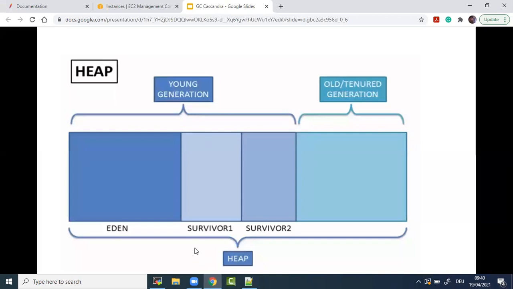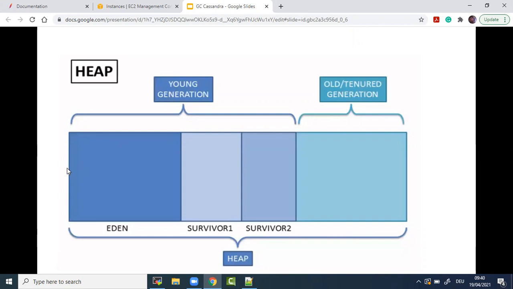So you went with the default values. Let's say you didn't tune these regions. You didn't define them, you didn't put the right size for your Eden, survivor, or old generation. You didn't pay attention to your heap settings or your CMS settings. You just went with the default values, and you are doing lots of deletes at the Cassandra level,